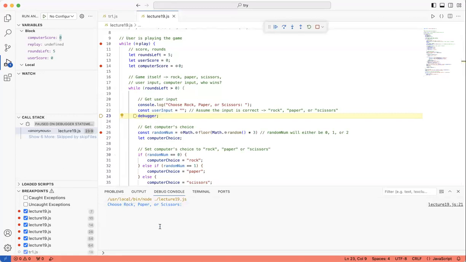In this case, we have to put in rock, paper, or scissor. So for this, always remember, you are assigning it yourself. So just like code, you're going to write the name of the variable, input, and you are going to assign a string. In this case, let me assign it rock. So when I assign it, where do you put debugger? You don't have to follow it up with anything because it's underneath the, yeah, exactly.